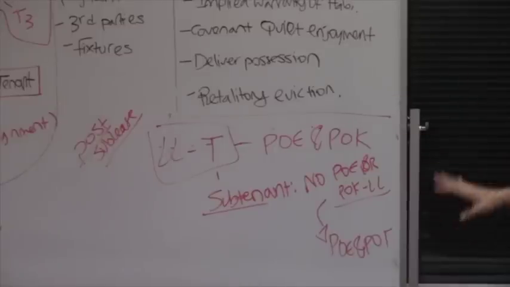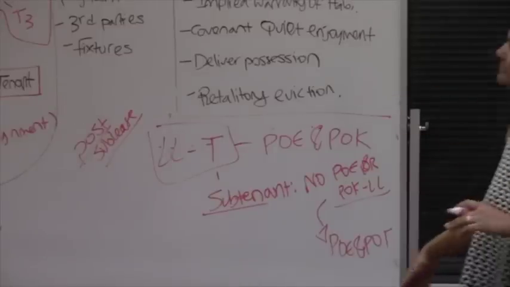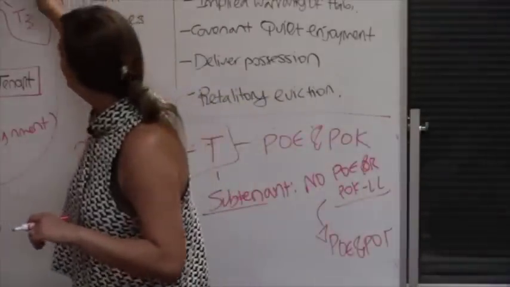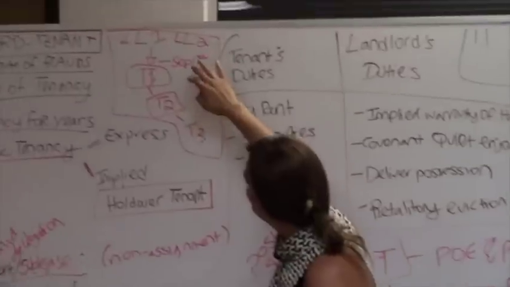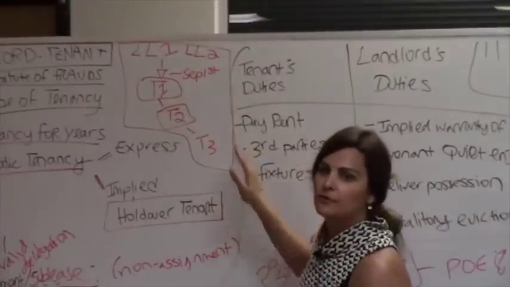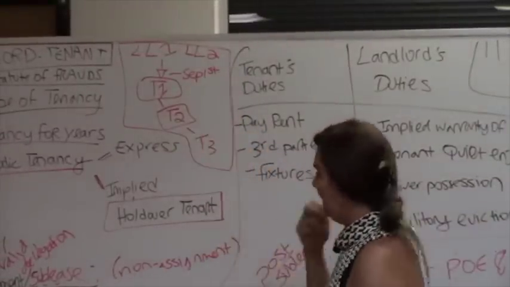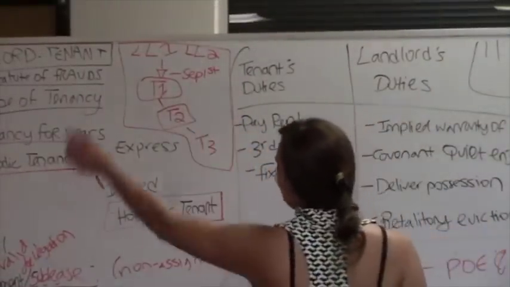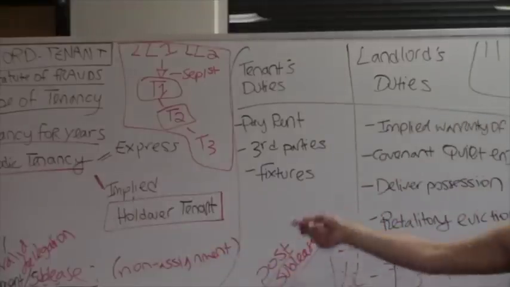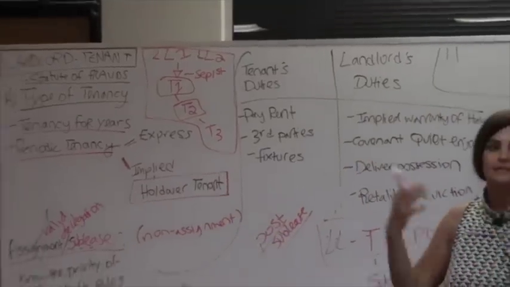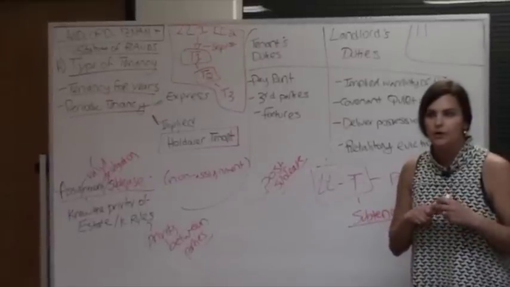Okay, so you have to know this. And why do you have to know this? Because when you're mapping this out, you need to be able to know who the landlord can go after, right? Who can the landlord go after? So that's why I'm having you set that up at the beginning. Set it up at the beginning, set up the relationships, and establish the levels of privity between the parties